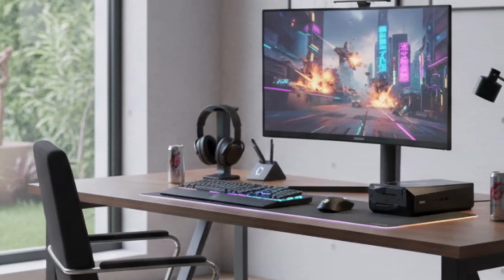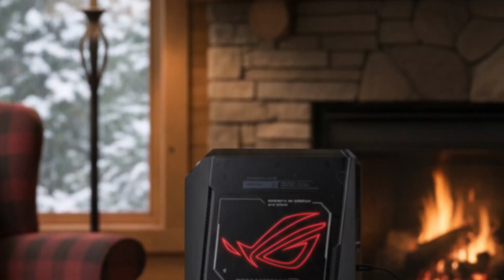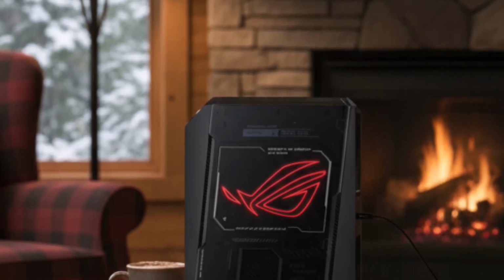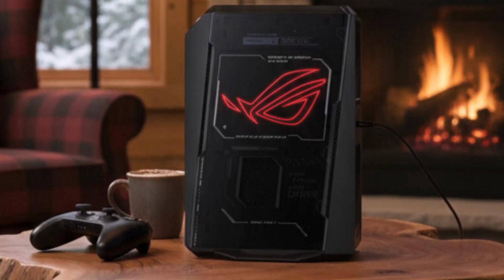Despite its powerful hardware, the system maintains thermal stability through its advanced quiet flow cooling solution, which combines triple fans with a dual vapor chamber to ensure consistent performance while keeping noise levels low. The compact 3-liter design is not only space-saving, but also